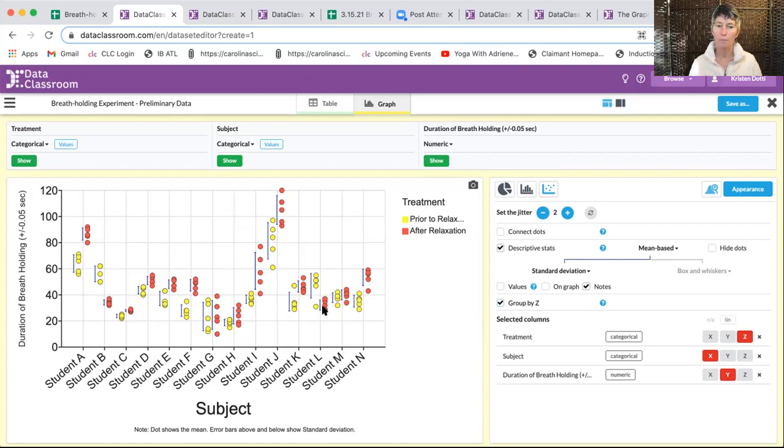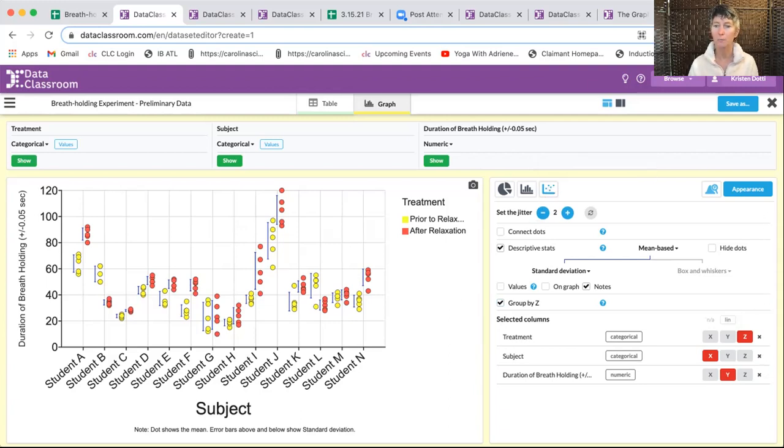separately in their conclusions. It's not often that a student would put their raw data into their conclusions or even into their lab report, but it really is important for them first to graph their raw data so they can see if there are stories underneath that are individual stories that must be discussed as outliers or possibly as disruptions in the main trend. Most of the students will jump immediately to the mean for the entire sample group, and I want to show you that as well so that you can see how that would be different than the